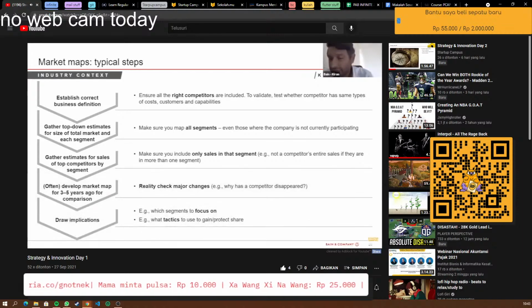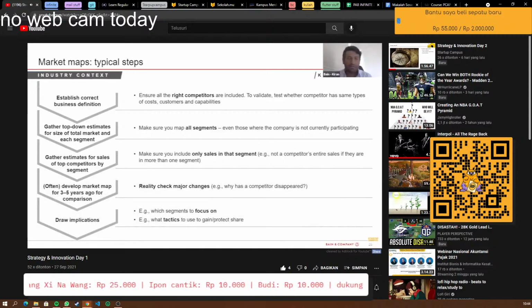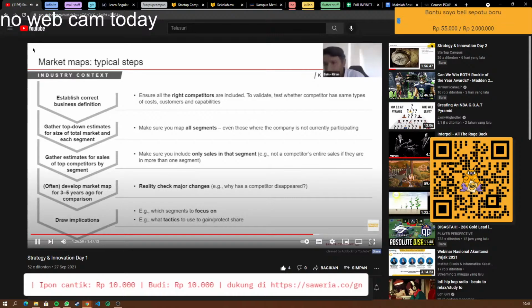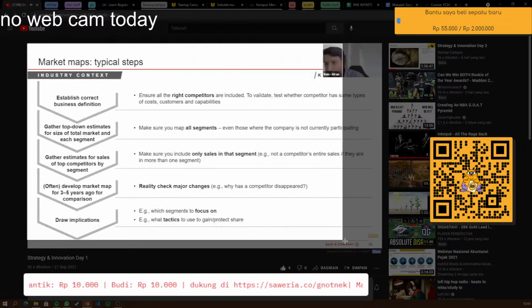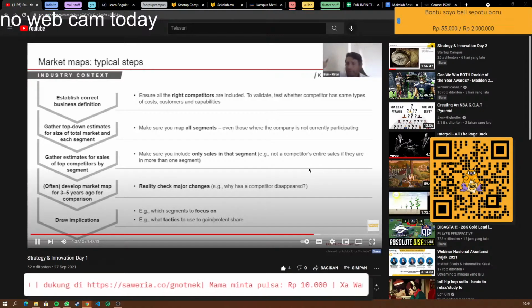So at the surface, they might look like there's 1,500 travel agencies, but if you actually define those travel agencies, are these the real travel agencies that are competing with me? I focus on international travel, luxury hotels. Are the competitors I'm comparing myself against in that bucket? I compete only in domestic business travel in the top 5 cities of Indonesia. Am I comparing myself with the right set of competitors? There's no point in me comparing myself